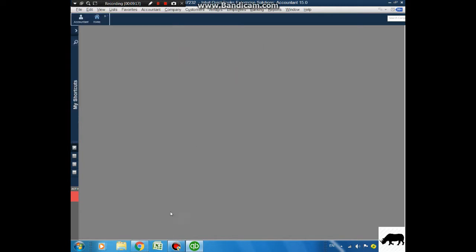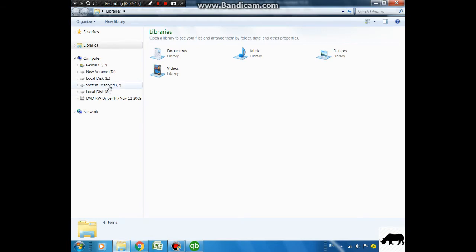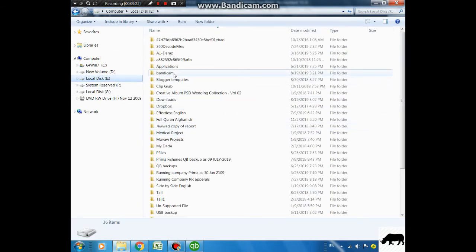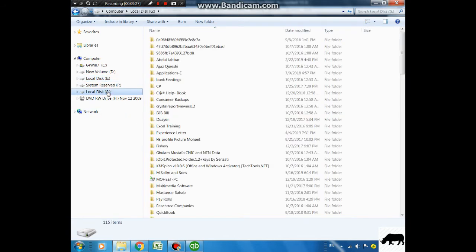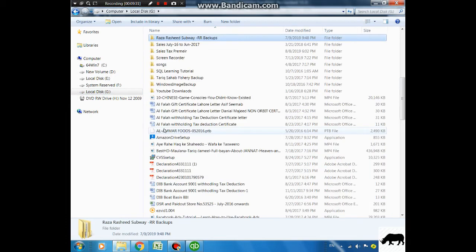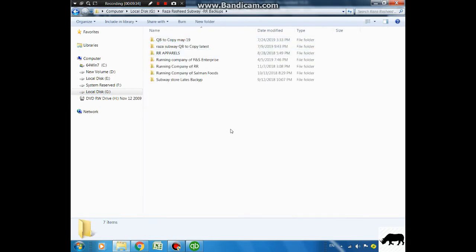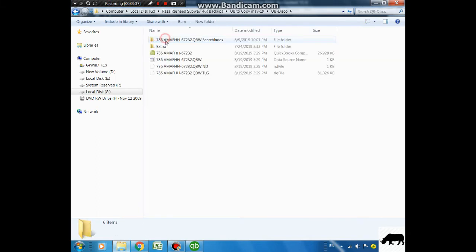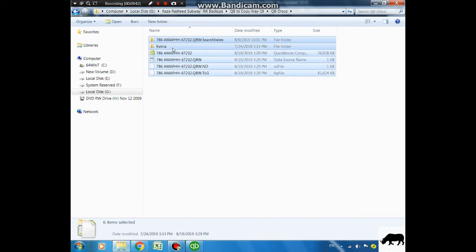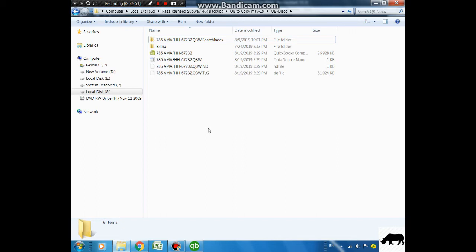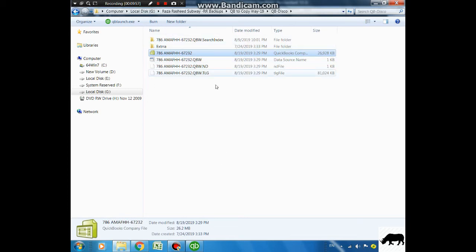So one another way to move your company, the easy way is, for example, you don't have time to make backups, so you will find out where is your Quickbook company. To find out your Quickbook company, for example, this is the full Quickbook company. You select it like this, you copy it, and you paste it in your USB drive, and then whenever you copy paste it to another computer, you double click this file, your company will open. So this is also one way to